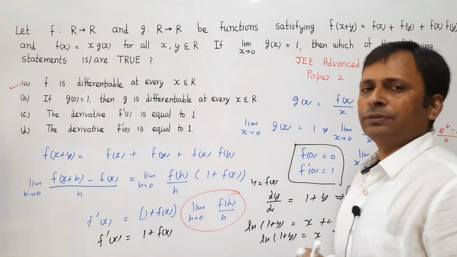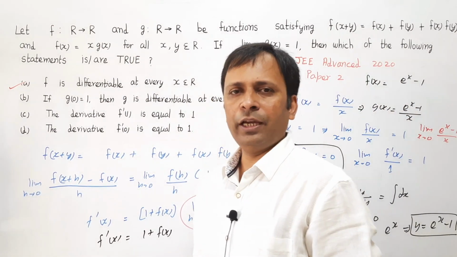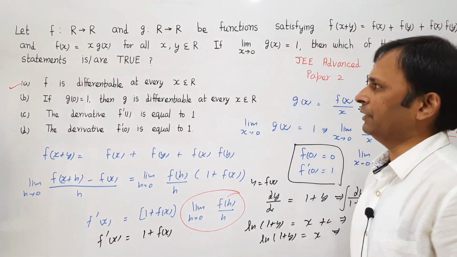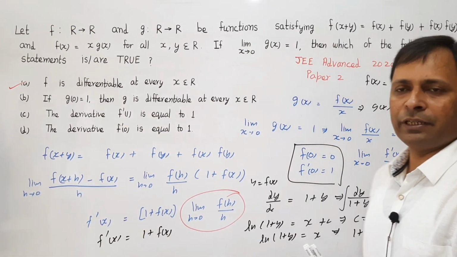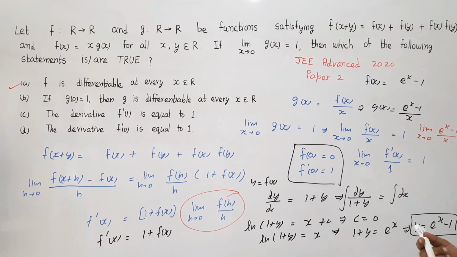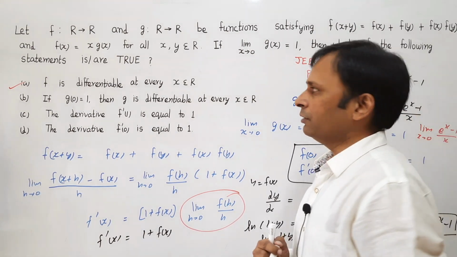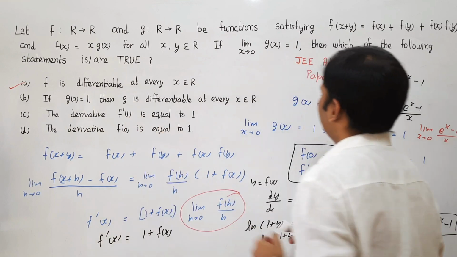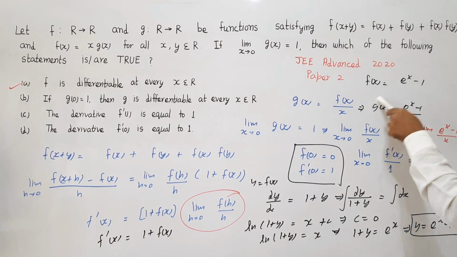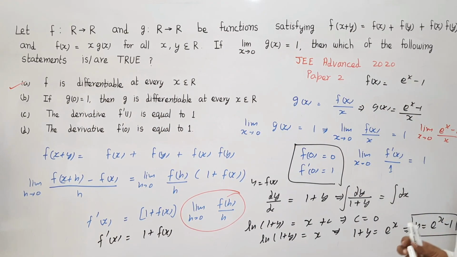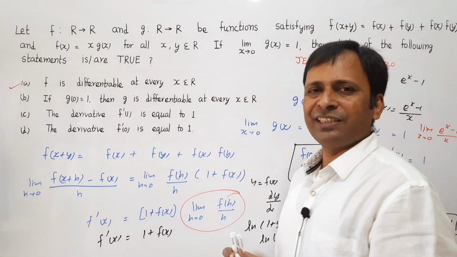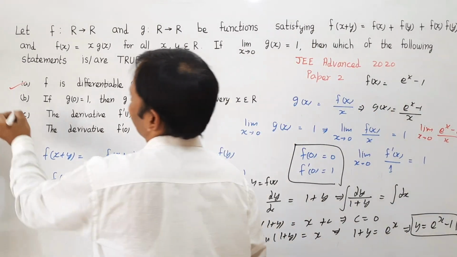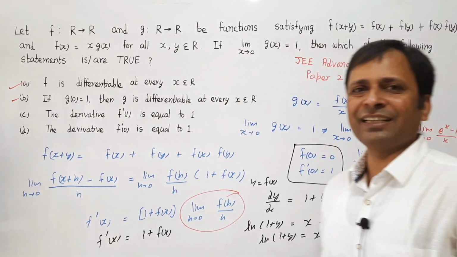So the function becomes continuous at x equal to 0 because g(0) is equal to 1, and similarly we can also prove that the function is differentiable at x equal to 0. Now this function can have a problem only at x equal to 0, otherwise this function is always continuous and differentiable. By taking g of 0 equal to 1, this problem is also solved. So our function g(x) now becomes continuous as well as differentiable at x equal to 0. So our option B is also right.